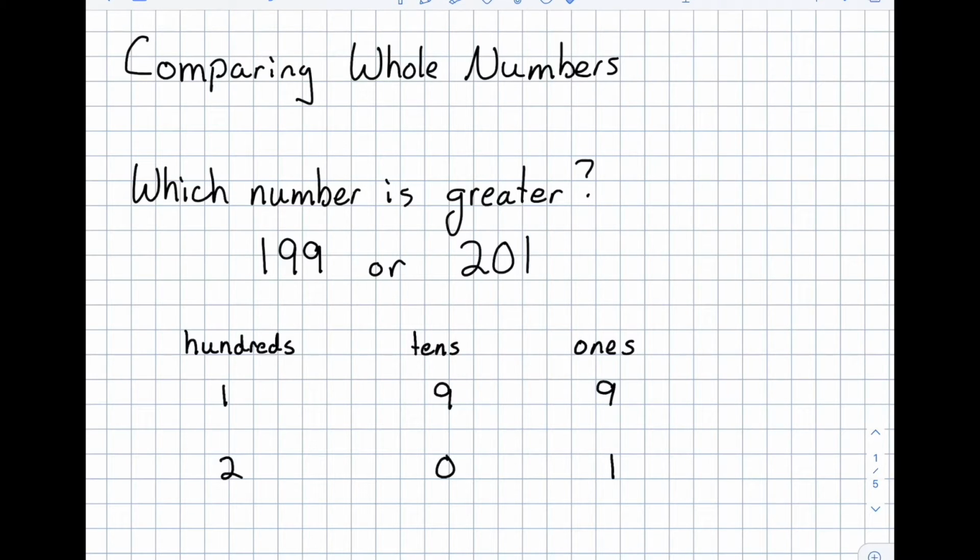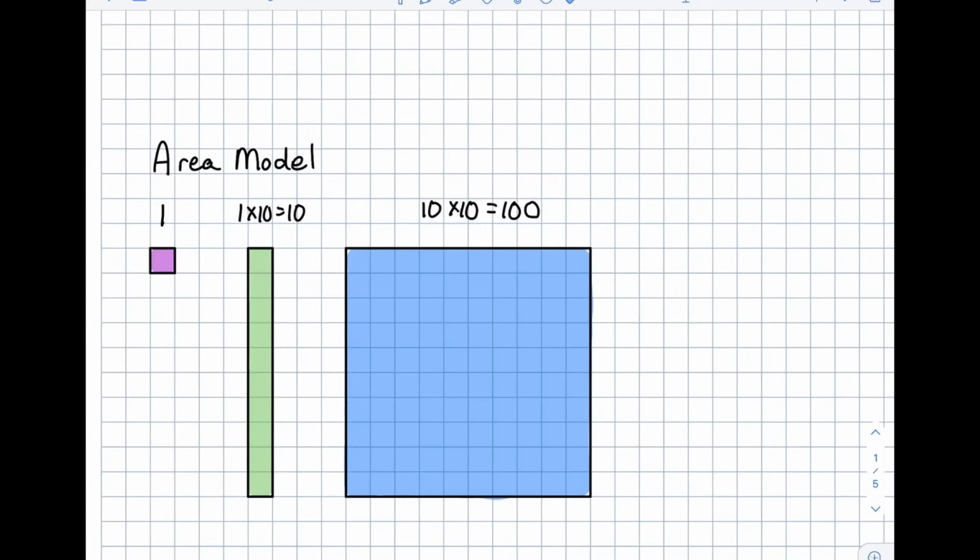But that's just a series of rules. Why does that make sense? Let's look at an area model to see if we can understand this better. So this area model looks an awful lot like base 10 blocks. Here I'm going to build the two numbers, and I'm going to line up the different shapes so that they're touching, so that there are no gaps or spaces between them, and then we'll compare the two numbers to see